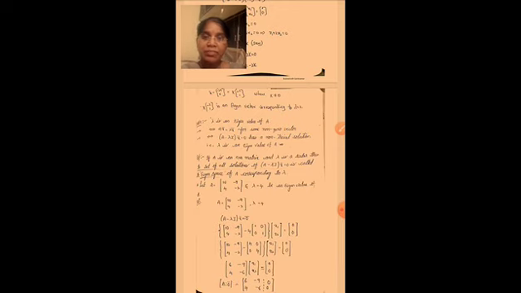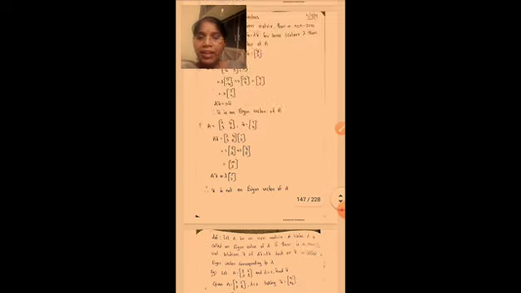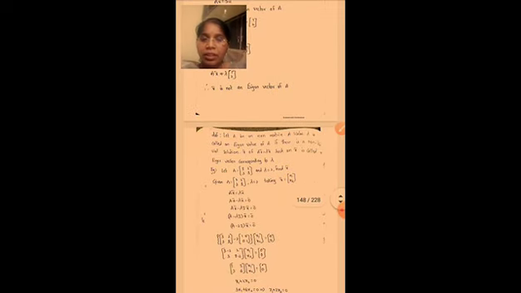What is the eigenspace definition? Simply, A is an n by n matrix and λ is a scalar. Then the set of all solutions of (A - λI) x bar = 0 is called the eigenspace of A corresponding to λ. This is the eigenspace.